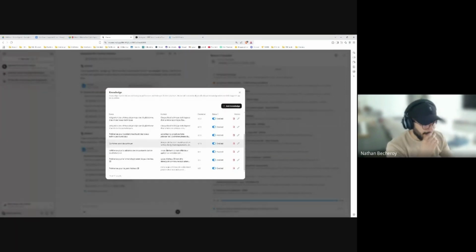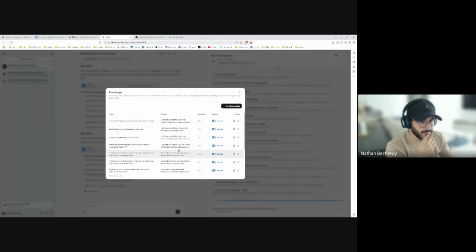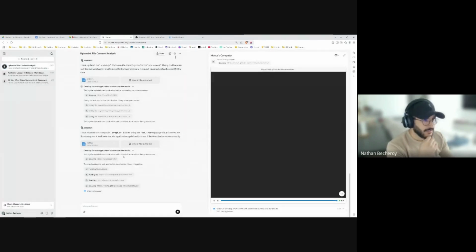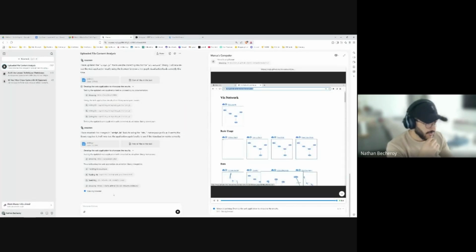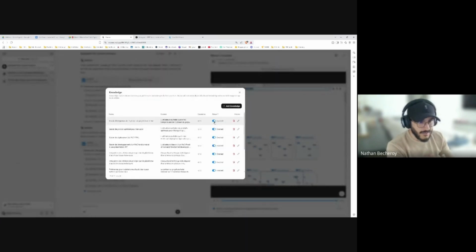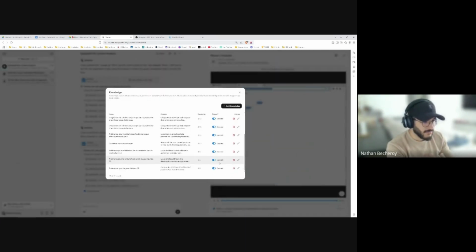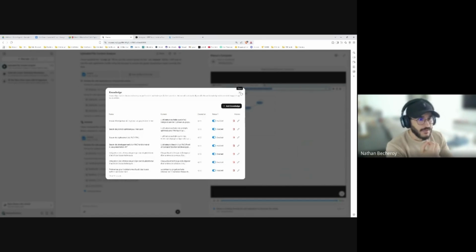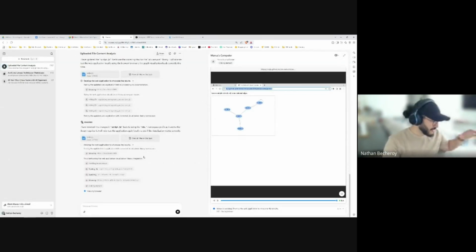Knowledge, as you can see here, and many knowledge bases. For each, you can update the knowledge base here, depending on the app you are creating or the task you are asking for. Then in the knowledge base, you can enable or disable it to let Manus use it for the app. So, for example, you have a use case and you need to give some background to your tool.